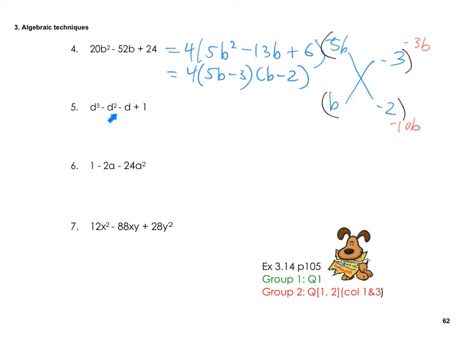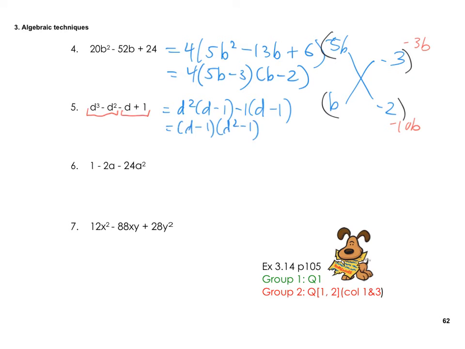Question 5, 4 things, so grouping in pairs. So these two and these two equals d squared, d minus 1, minus 1, d minus 1 equals, remember the 4 things, so that's one bracket, that's another, so it's going to become d minus 1, d